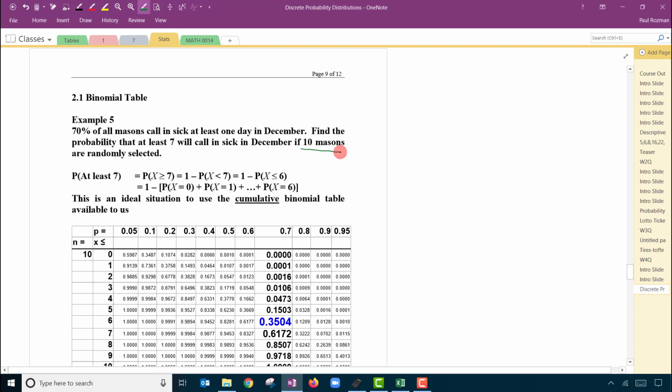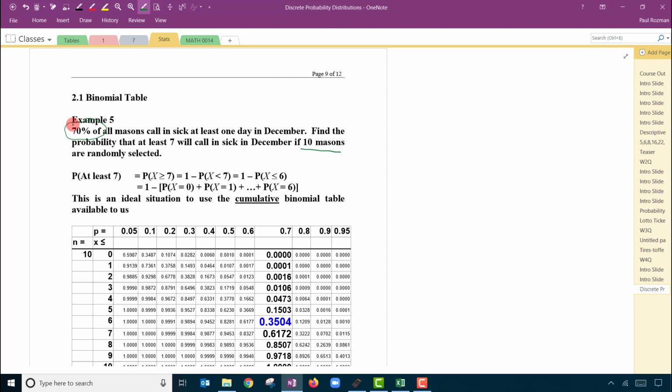There are 2 outcomes. They either call in sick or they don't. There's a fixed probability of success, 70% chance of successfully calling in sick. And we'll make an assumption that they're independent of one another,